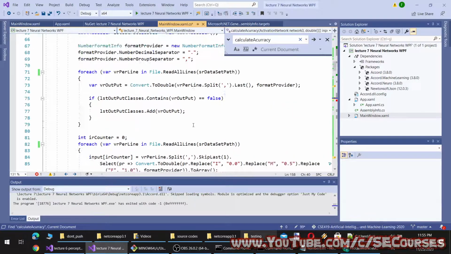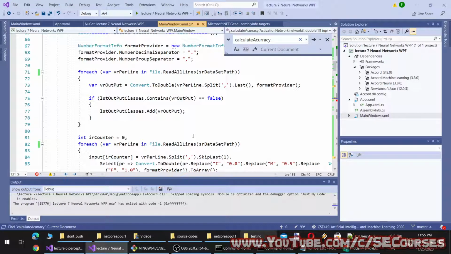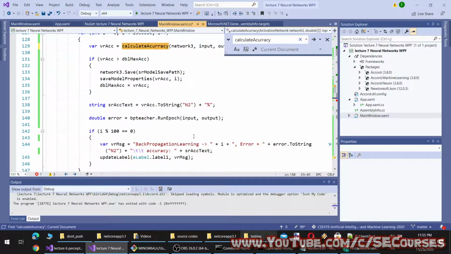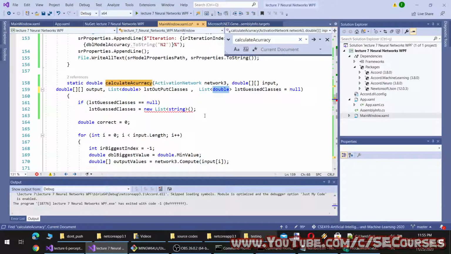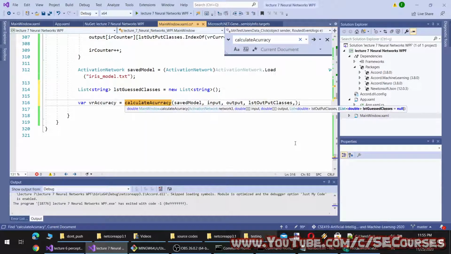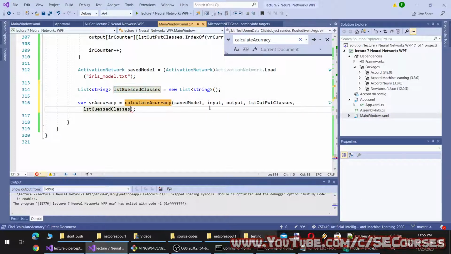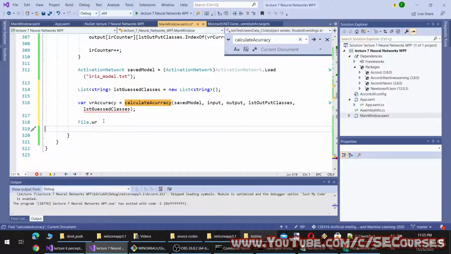By the way, if our classes were not being double, we could have kept them on a book to convert them back. Anyway, I am working with double classes. Then I can write the result like this.